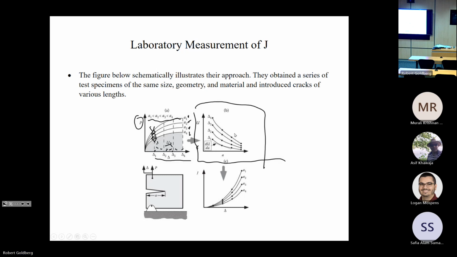And for an edge crack specimen of thickness B, we can also say that the strain energy release rate is equal to -1/B times the derivative of U with respect to a for our defined displacement. So J can also be computed by computing your local